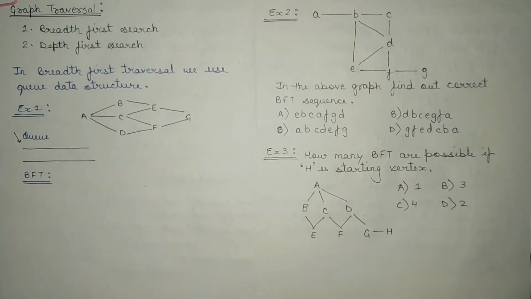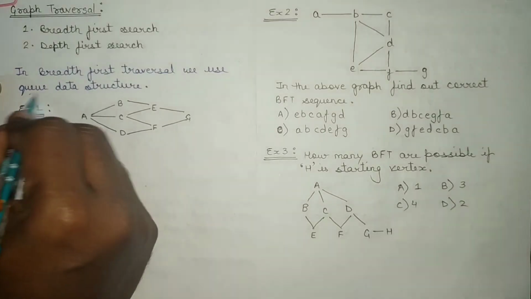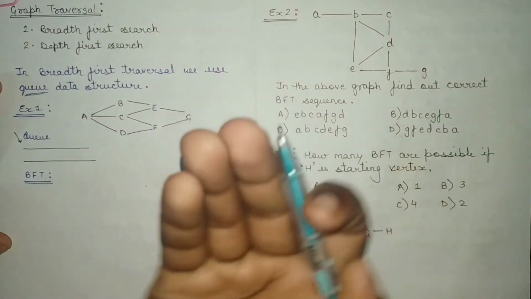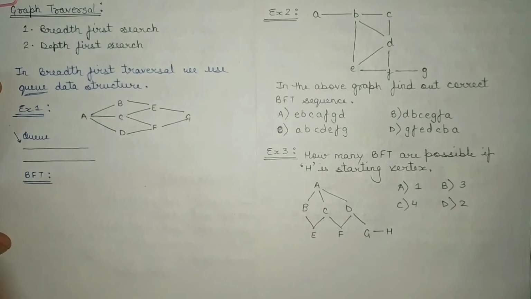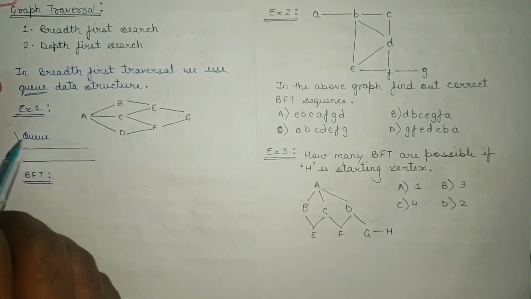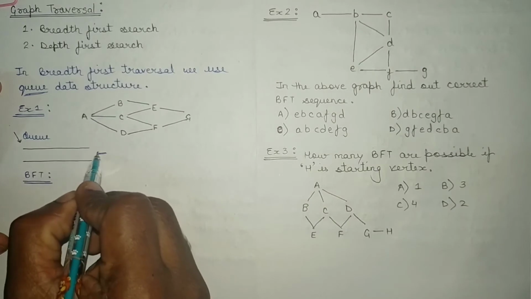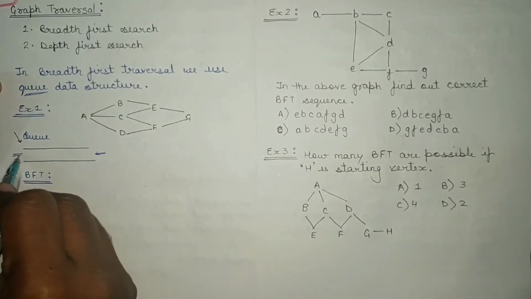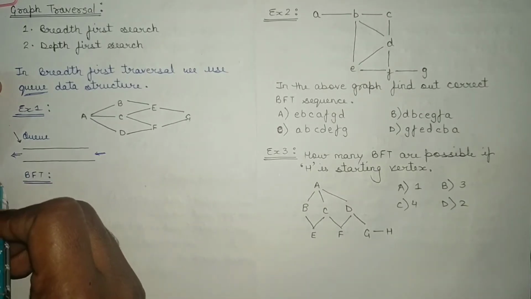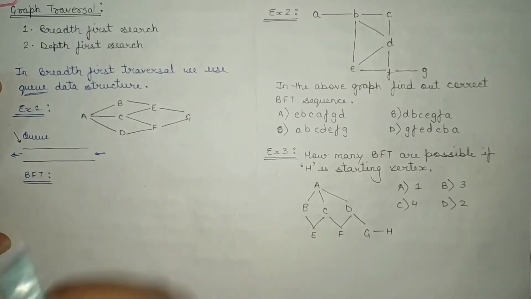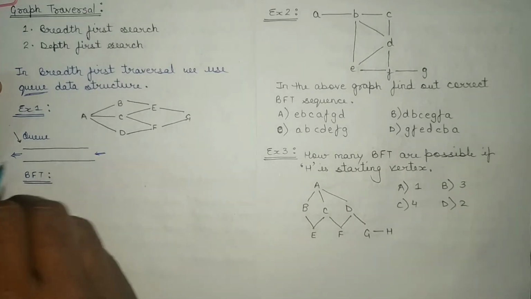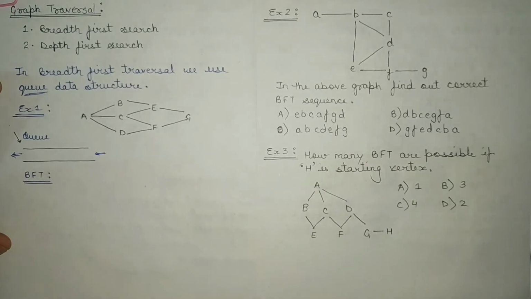So in breadth first search, the data structure that we use is a queue, and you know that in a queue we insert elements from one end and we delete elements from the other end. For example, let's say this is a queue, so all the insertion will be from the tail and all the deletions will be from the head, right? The insertion is known as enqueue and the deletion is known as dequeue operation. I'll be covering that in the data structure videos, do not get worried about that.